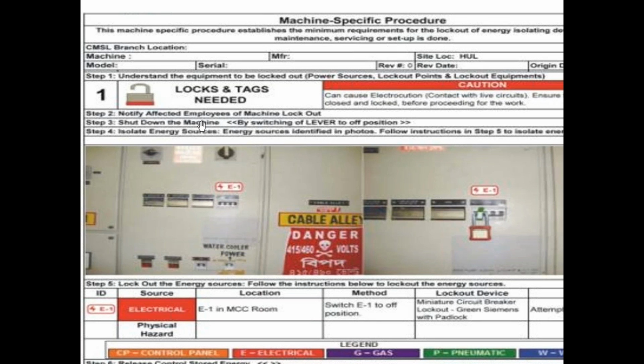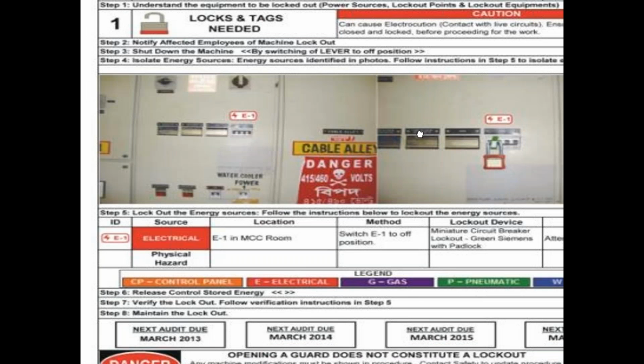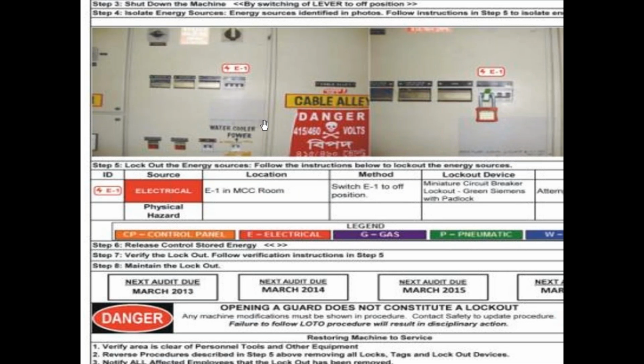Then notify affected employees of machine lockout. So we will discuss what exactly the affected employees are. Then in step 3, shut down the machine. Then 4, isolate the energy sources, that is isolation techniques. Then energy sources identified in the photos. So you have to take the photographs by applying these locks, these tags, and these isolations of the sources, etc. And these photographs as a proof should be attached into this sheet. And then the fifth step is